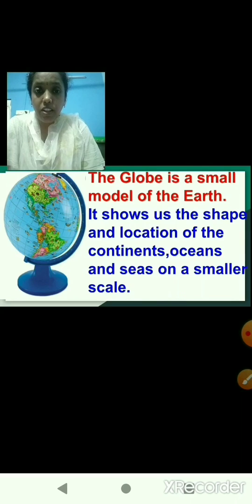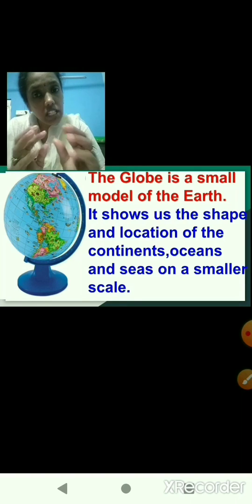Similarly, the earth is very huge. But here the globe is just a replica of the earth. The globe is an exact copy of the earth, so it shows the shapes and locations of the continents, seas and oceans on a smaller scale.